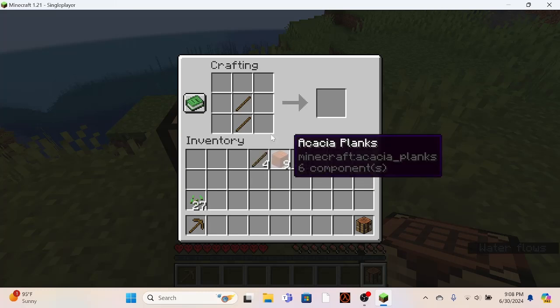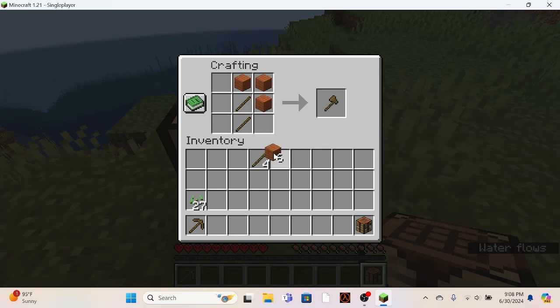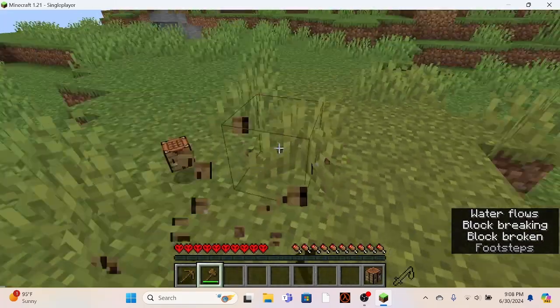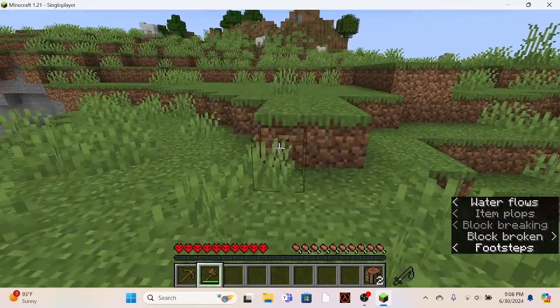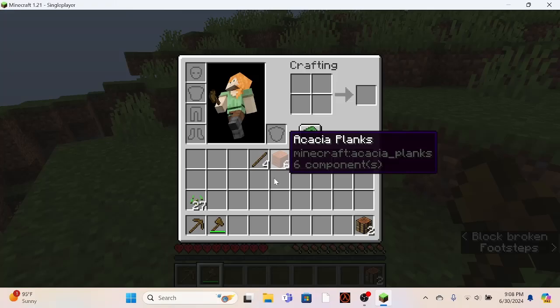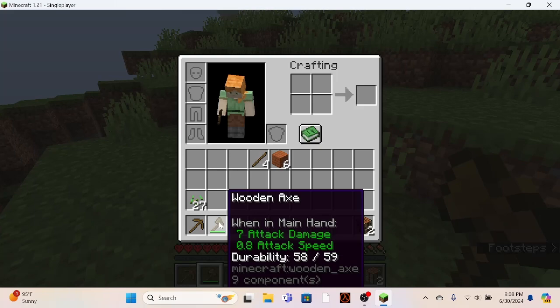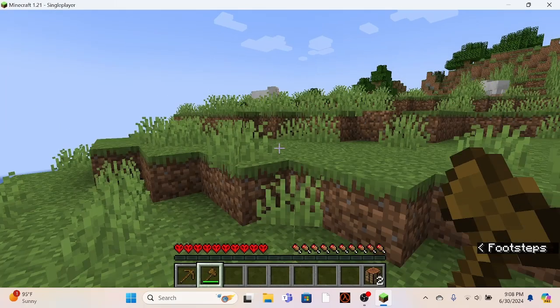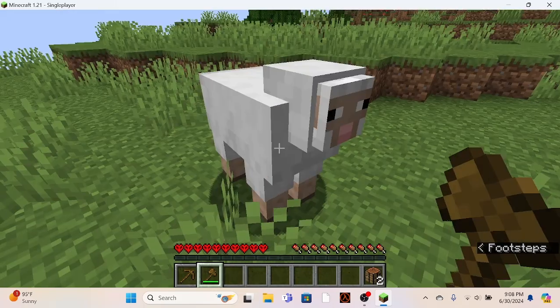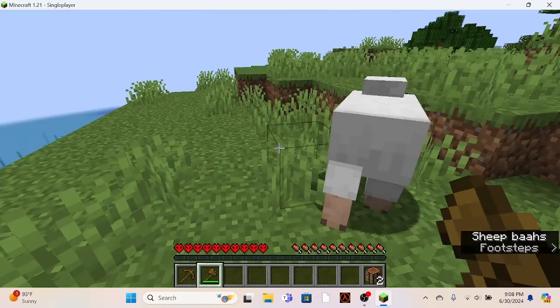and a wooden axe. The wooden axe is a little more important, as well, it is a rather good weapon. It can deal 7 attack damage, and that's pretty good. Thing is though,